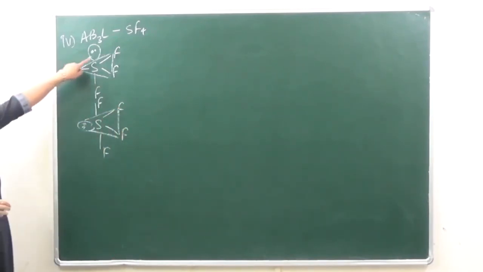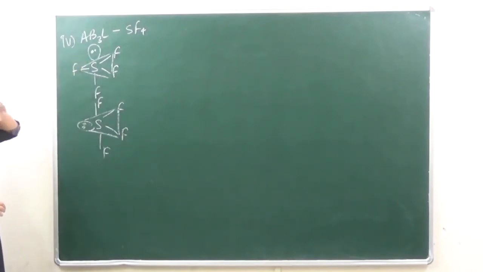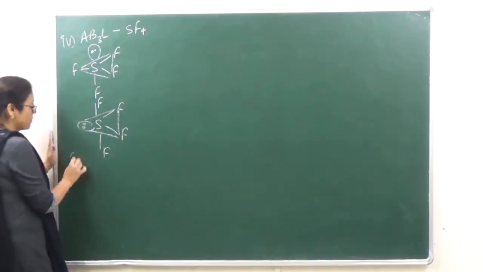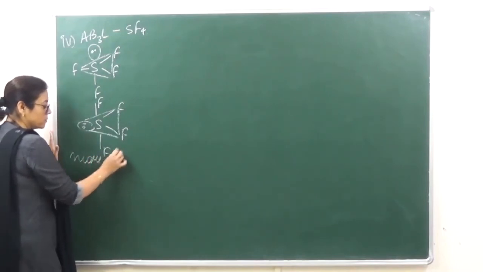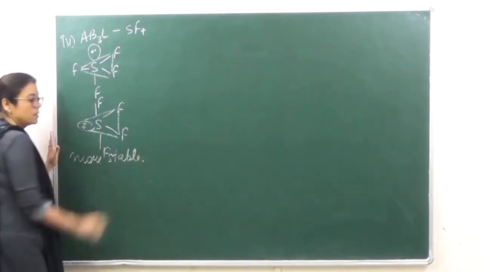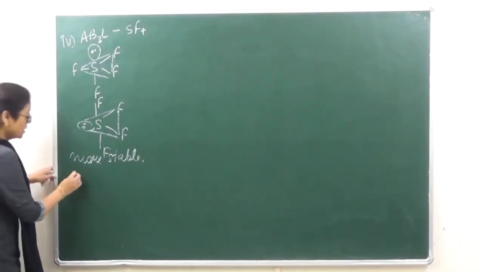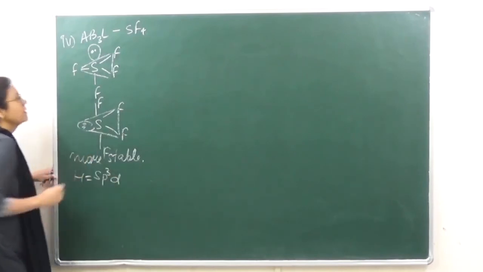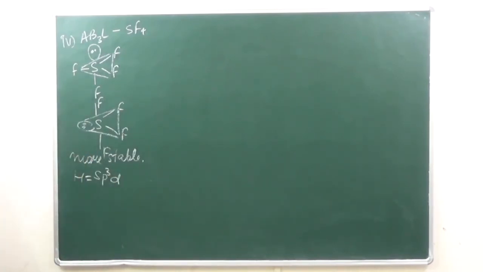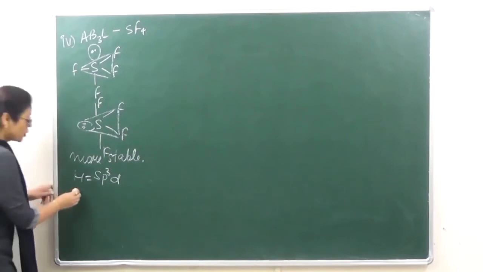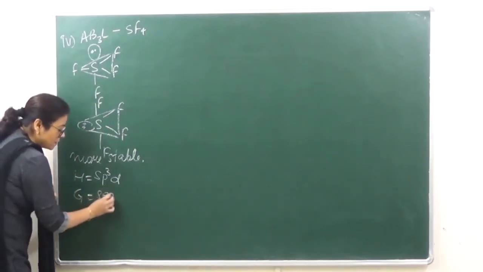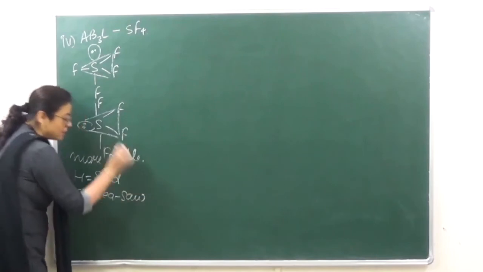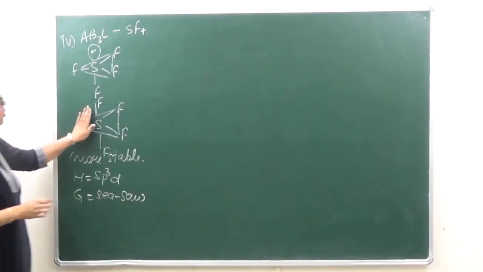So if you're looking at this lone pair over here, this is going to suffer 3 repulsions, and this lone pair over here is only going to suffer 2 repulsions. So this is more stable. ठीक है, hybridization in this case, that is going to be sp3d. Okay, and the shape or geometry, that is seesaw.